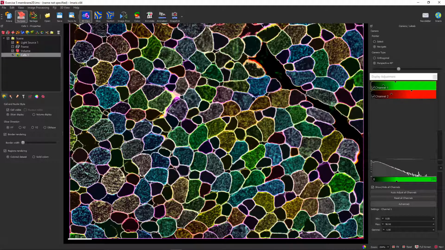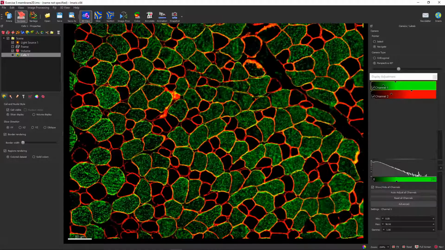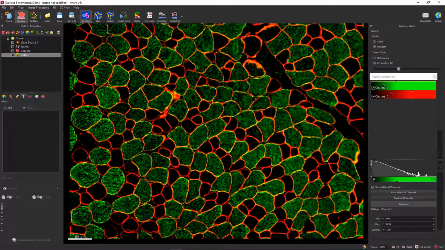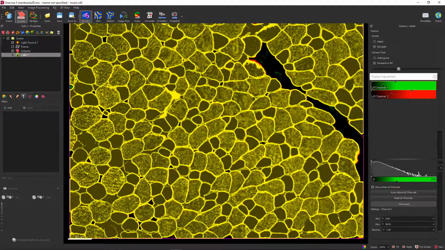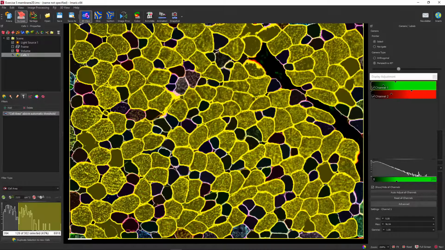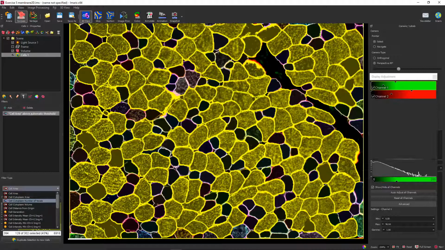What we can now do, because we have these cells which are filled with the green signals and some which are completely empty, so why don't we use the green signal to filter our cells? We can do it first. There is an option really for filtering. So let's visualize our cells and at this filter, but not cell area, we can choose some of the other ones. And if we want to sort them or filter them by the green channel, then I would go for